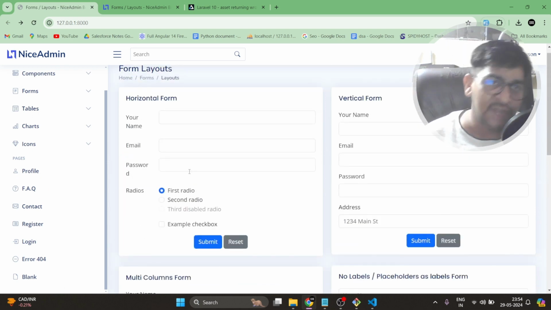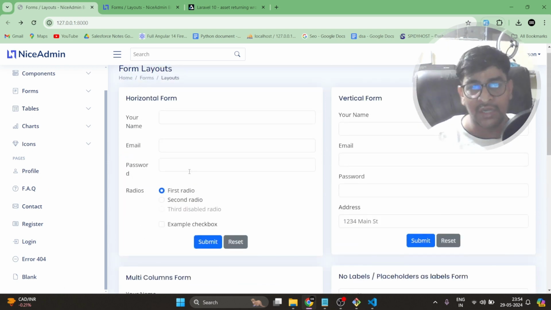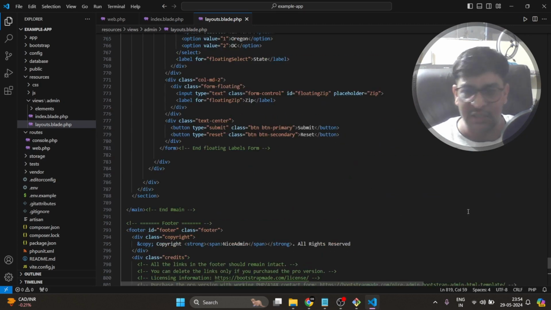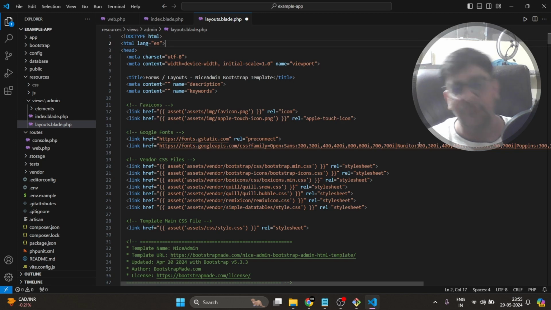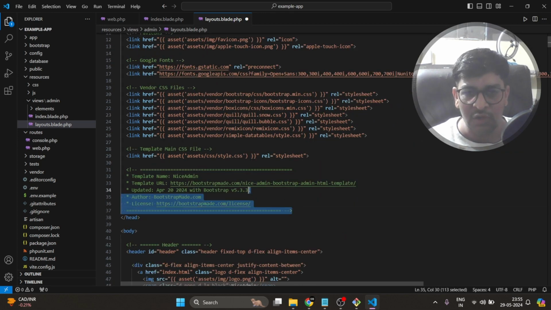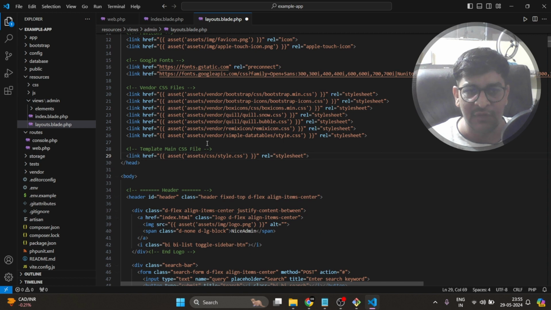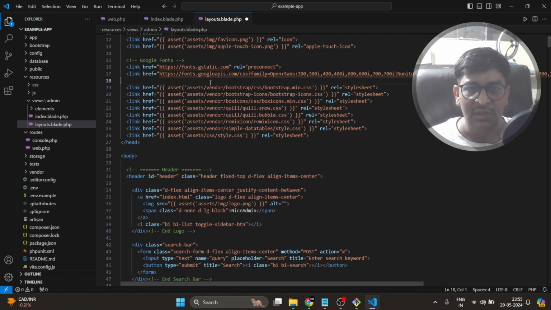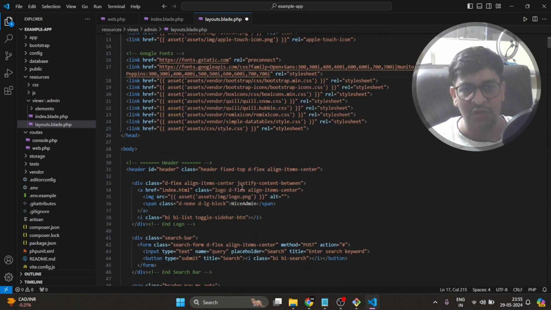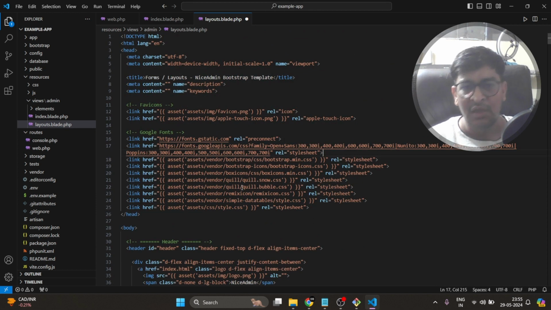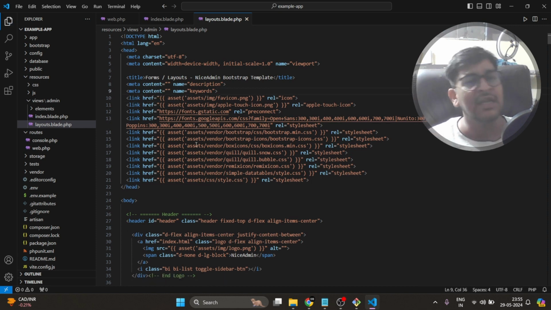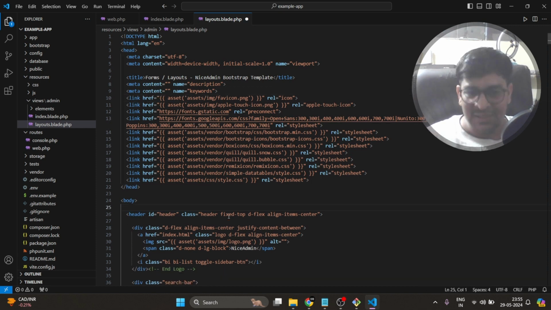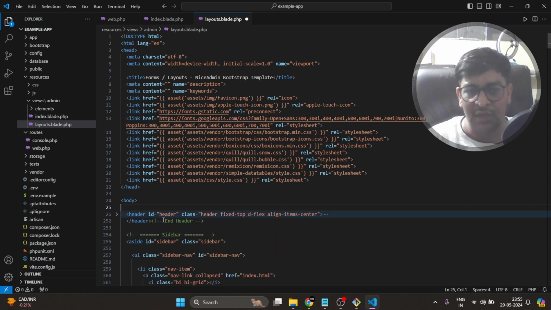So till now, what we have done is just include these things. Now suppose this one is my layout file. Inside my layout file I would like to remove these things, including whatever comments are there, because I don't want those comments. I want my code simple and sober. Don't take it personally.